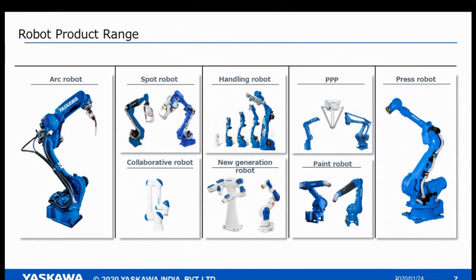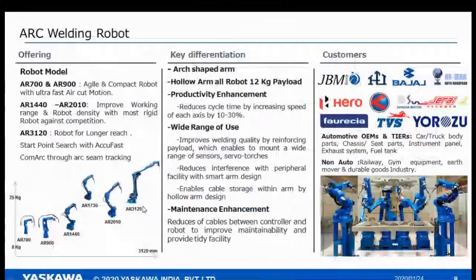And now a new generation of robots is coming, like the dual arm robot. It's like a human, with more than 15 axes. And we have also started collaborative robots now. If we talk about arc welding, we have a variety of robots. The reason for going for arc welding robots instead of humans is that hand to hand variation will be there. You need to depend on skilled labor. Nowadays getting labor is very difficult, and human work in welding applications is very risky because of smoke as well as the current in welding.